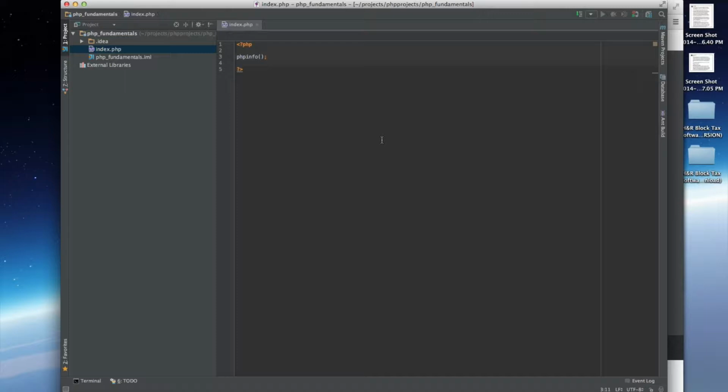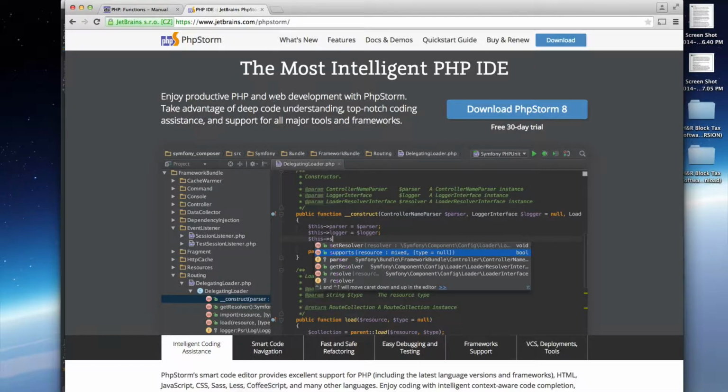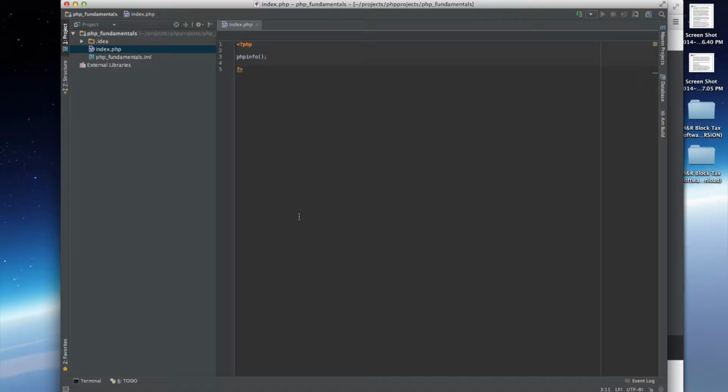You can use text editors. I know TextMate is a popular one on Mac. So at a minimum, you need something that you can use to write PHP code. And I'm going to use this IDE. Like I said, it's called IntelliJ or PHP Storm. You can get this if you wanted to by going to jetbrains.com/PHPStorm. But you can use anything. It can be a text editor. It could be another editor like Eclipse, which has support for PHP. At a minimum, you need to have something that you can write PHP in, so an IDE or a text editor, and of course you need to have